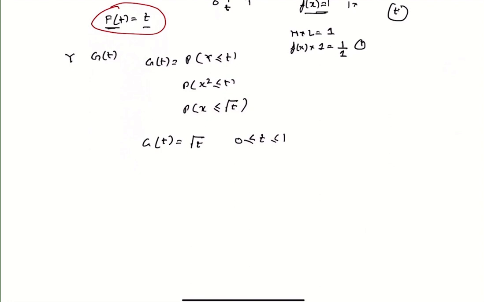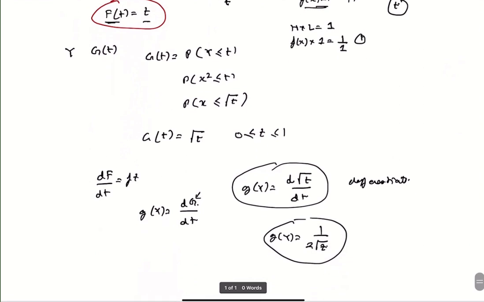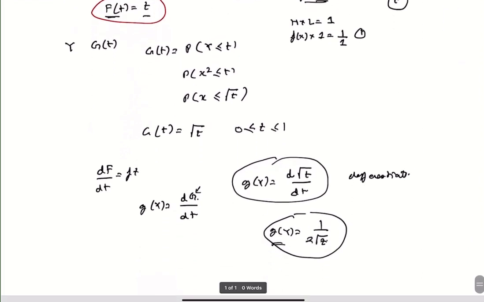Now we know that df over dt gives you f of t. So g of y is going to be dg upon dt, and we know the g now, so it's going to be g of y is d under root t upon dt. This we can then differentiate. If we differentiate this, d under root t over dt, you're going to get g of y equal to 1 upon 2 under root t. So this is how we can calculate the g of y, or the PDF of a derived variable,